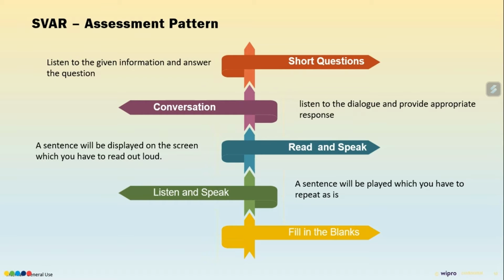Next is listen and speak. As the name again suggests, a sentence will be played which you have to repeat as is. You will be given 12 seconds to repeat the sentence. Once you have spoken the sentence, you can click on the submit button and move to the next sentence. There are gonna be 9 such questions in this section,